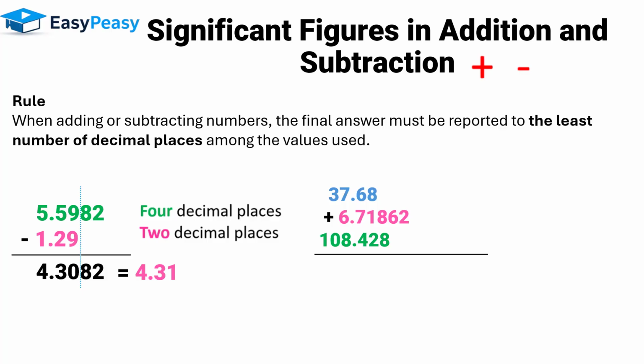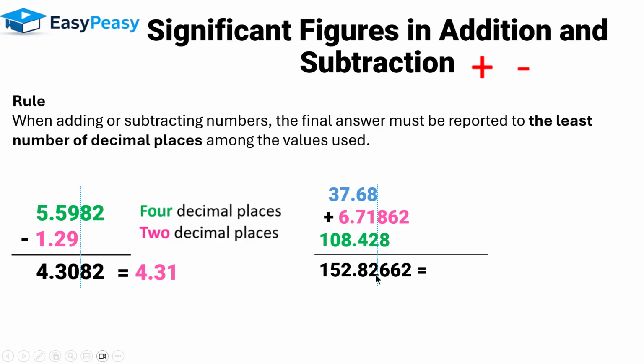Okay, let's take another example. Here, this time we're going to take 3 values. Again, the first value has 2 places after the decimal point. The pink value has 1, 2, 3, 4, 5 places. And the green value has 1, 2, 3 places. If we do the calculation, the answer will be 152.82662. And then we just need to take 2 values because the blue value has the least number of decimal